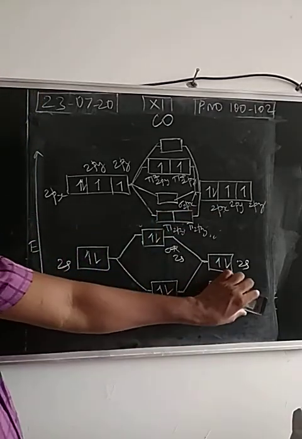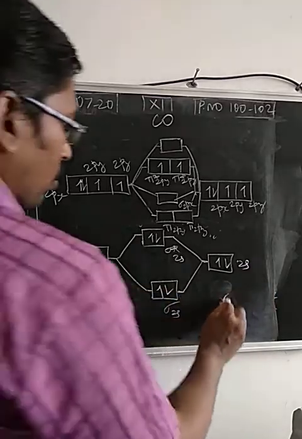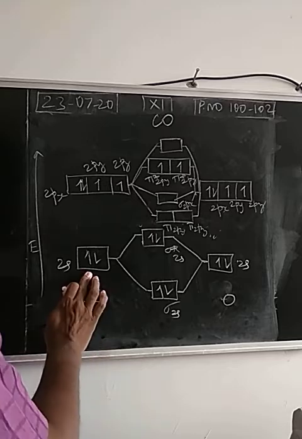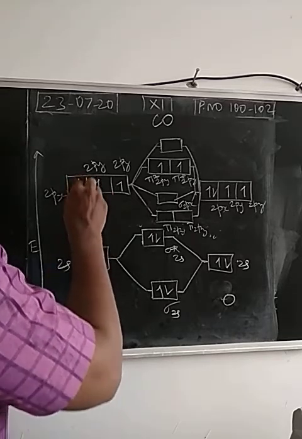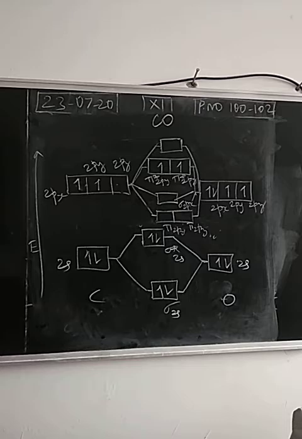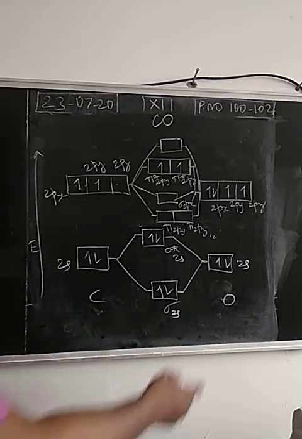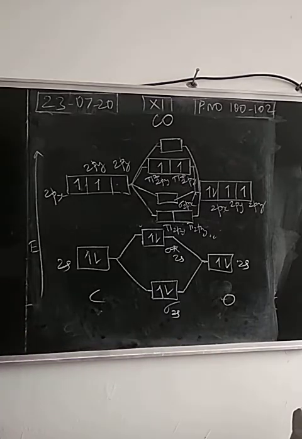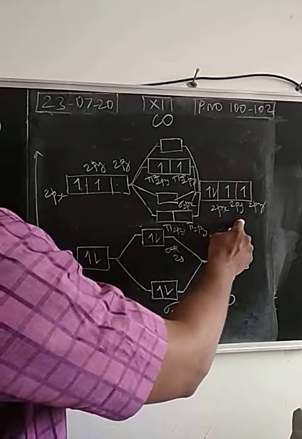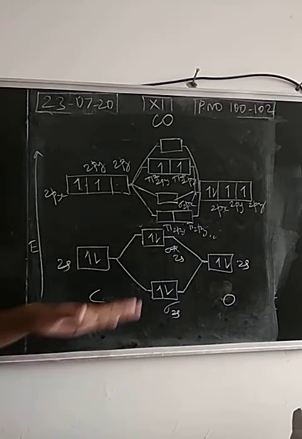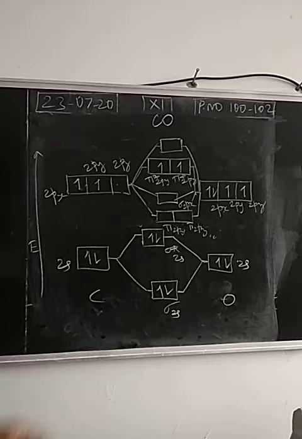So carbon as well as oxygen are going to combine. What is the electronic configuration of carbon? 1s2, 2s2, 2px1, 2py1. This is the electronic configuration of carbon. Electronic configuration of oxygen: 1s2, 2s2, 2px2, 2py1, 2pz1. So for total number of electrons, we have considered only the valence shell. Left hand side 4, right hand side 6, overall 10 electrons.